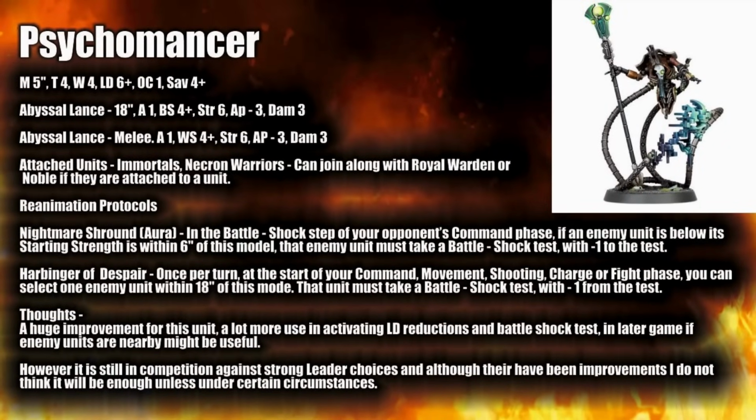Now whether that change up is massive will be up for debate. So again, it is about fear bombing your opponent. The main abilities have changed, that the Nightmare Shroud aura ability in the Battle Shock step of your opponent's command phase, if an enemy unit is below starting strength is within 6 inches of this model, the enemy unit must